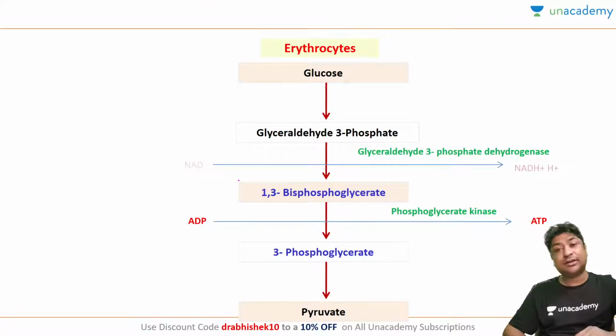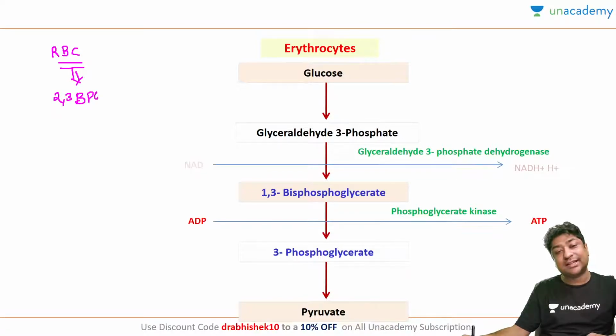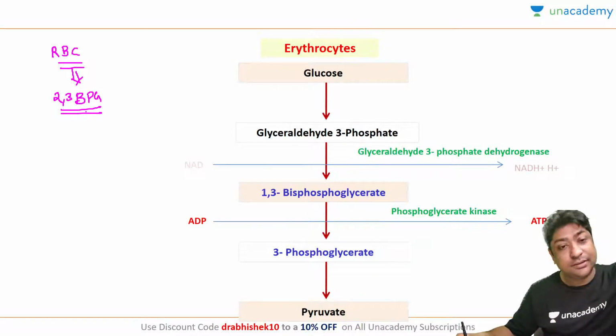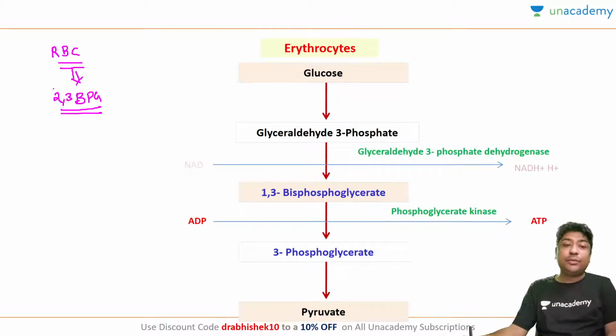So what is the RL shunt, or Rapoport-Luebering cycle, or 2,3 bisphosphoglycerate shunt? It has multiple names. The basic thing is that in RBCs we require 2,3 bisphosphoglycerate. Can anyone tell me why we require 2,3 bisphosphoglycerate in RBCs? We require it because this is very important to